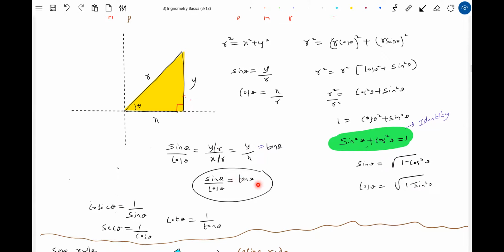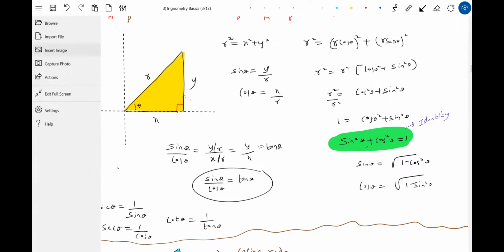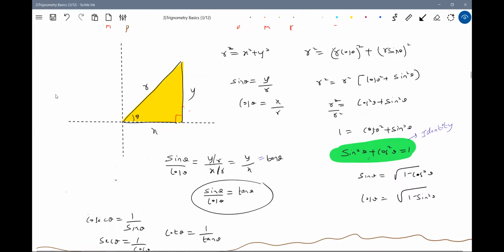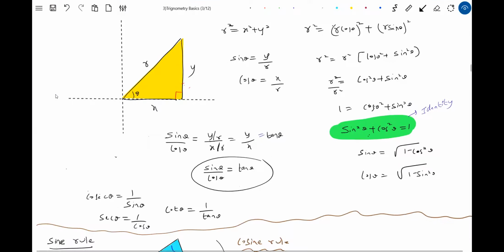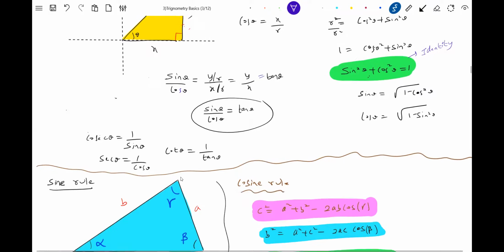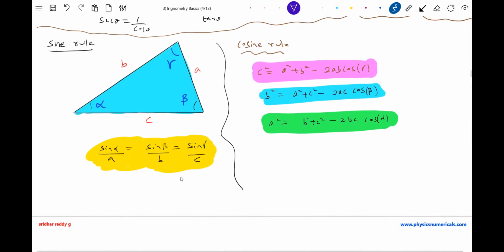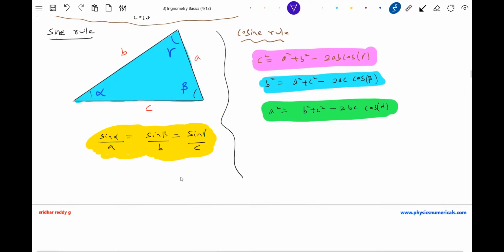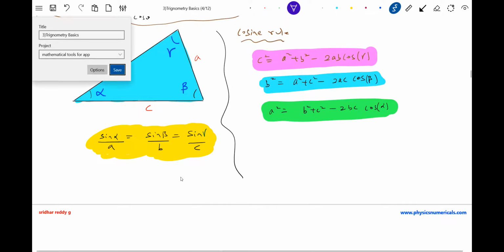Then all this that we discussed was for a right angle triangle. For a right angle triangle, the relation between the sides and the angles is given by sin theta and cos theta. If it is not a right angle triangle, that can definitely happen. It's not that every triangle should be a right angle triangle. Then we will bring in formulas called the sine rule and the cosine rule. Of course, they are derived in trigonometry. Well, I'm just directly presenting them here.